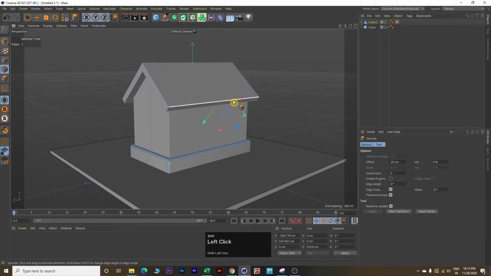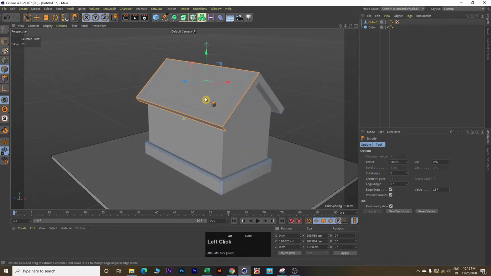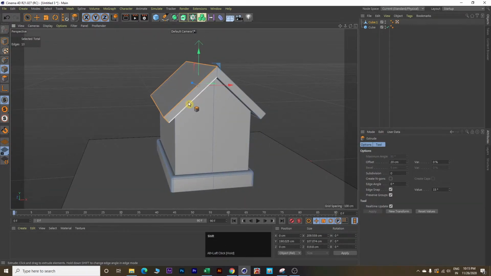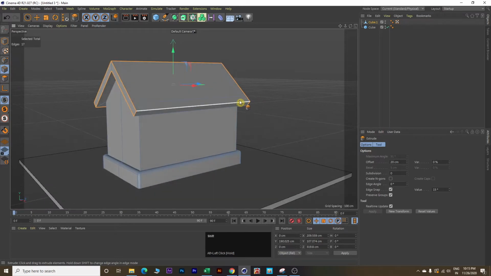Use shift key, click on this, this one also, here also, this one, select this one here, rotate your mouse, select this one, this and this. Further rotate your house, select this and this.